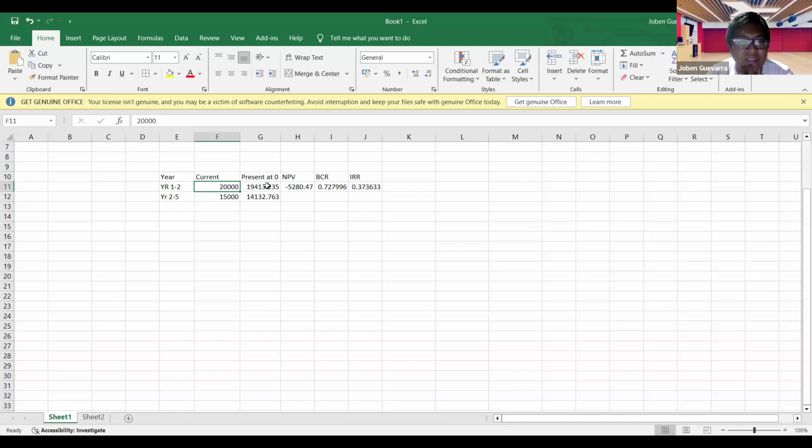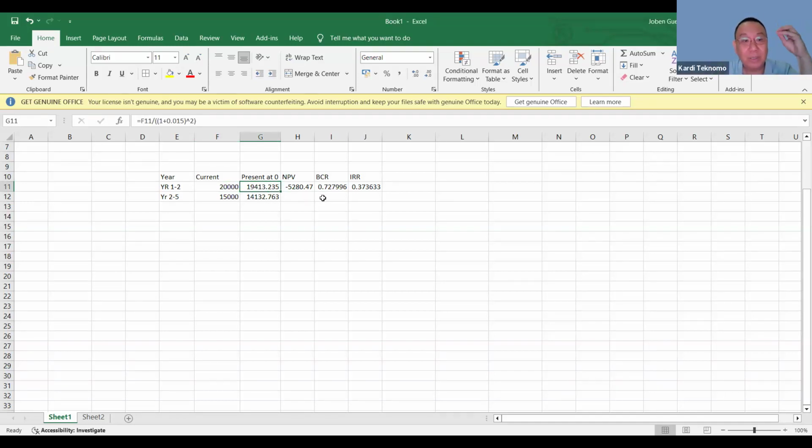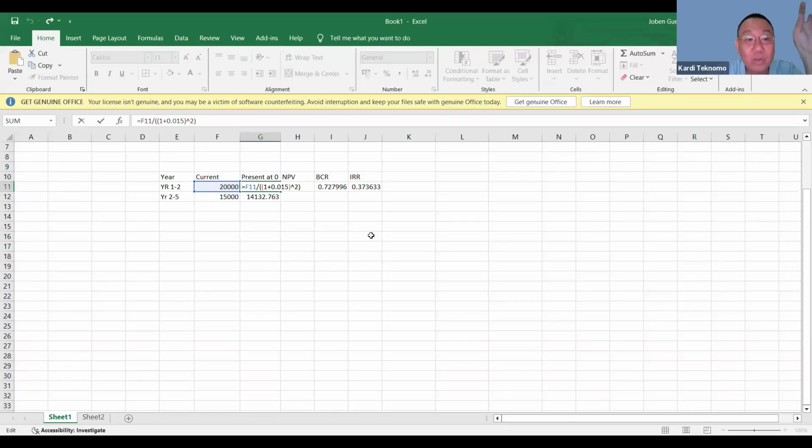Better if you put it into a table of year 0, 1, 2, 3, 4, 5. I just played with the formula of interest a while ago, so I can use the present value formula, sir. Meaning the first year you get 20,000. You need to pay 20,000. The second year also you need to pay 20,000.